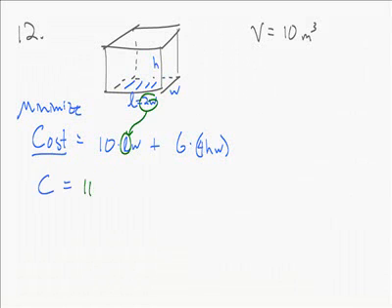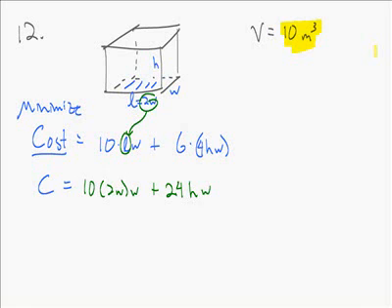So our cost now becomes 10 times 2W times W, plus 6 times 4, that's 24, times H times W. The problem now is that H. We need to get rid of that H and write it in terms of W. Well,